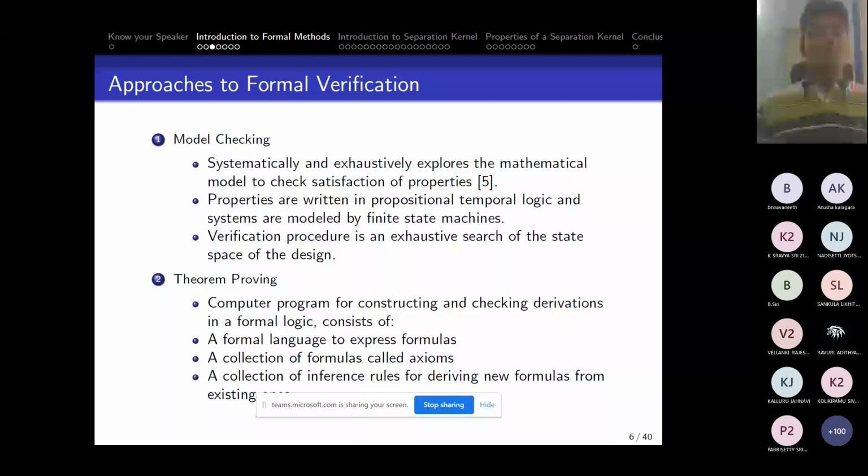And as I said, if you want to convert your properties into a logical formula, there are many languages, but these languages are known as temporal logic. So everything you have to convert in the form of logic only. We are going to see it later.